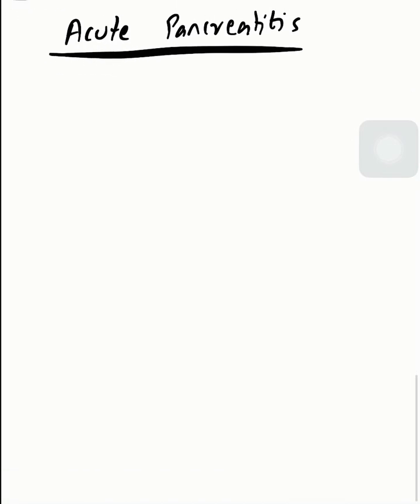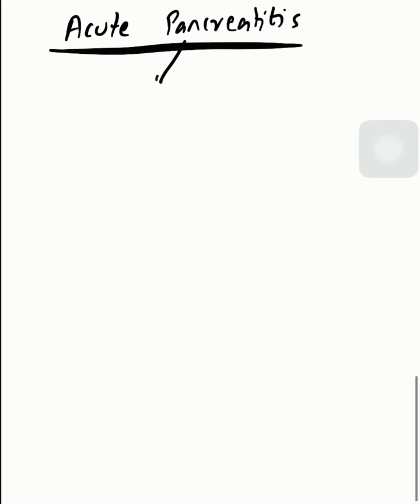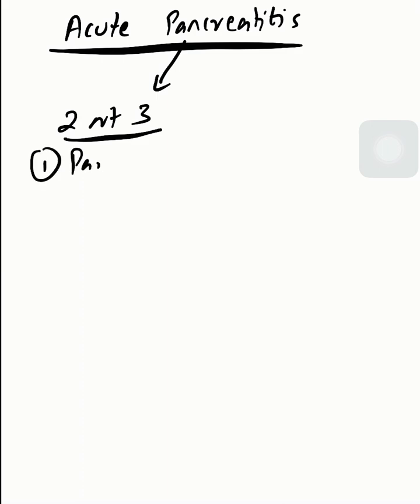Let's learn what acute pancreatitis is and how to manage it in the emergency setting. First of all, what is pancreatitis and how do we diagnose it? For this, there is a criteria of which two out of three should be met. One, first of all, is pain: epigastric pain,